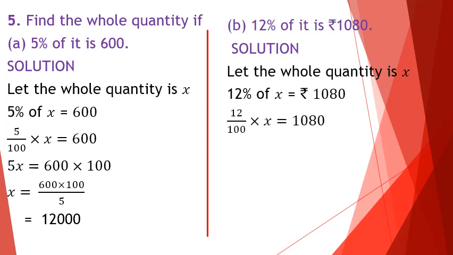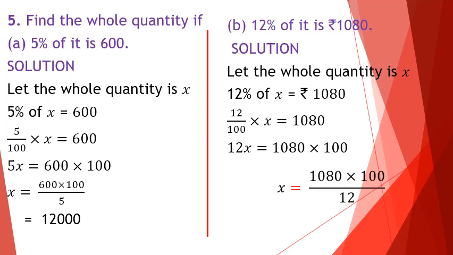Now, we can convert it into mathematical form. So, we get 12 upon 100. Percentage means upon 100, that is, the denominator is 100. Of means multiplication. Then x equals 1080. Now you have to solve for x from the above equation. So we get 12x equals 1080 multiplied by 100. Here on the LHS, 100 is in the denominator, so while taking it to the RHS it will become multiplication.